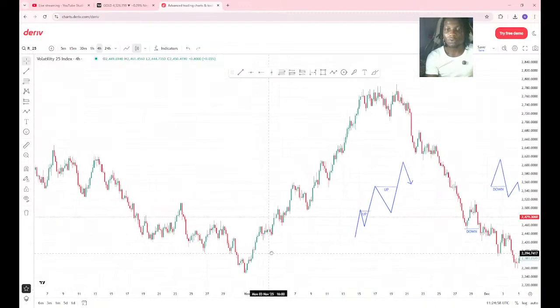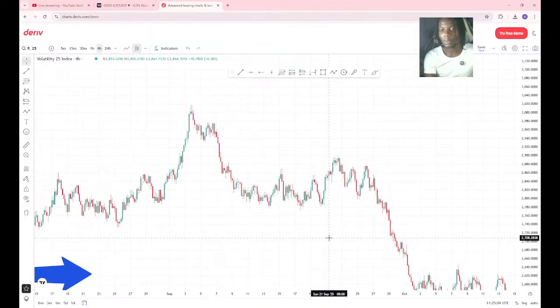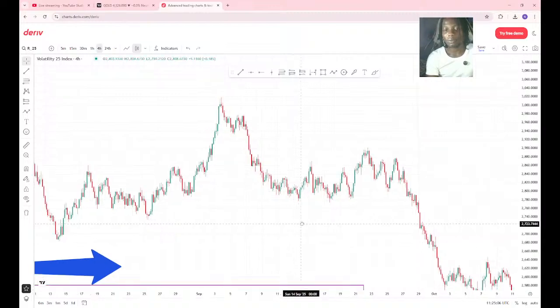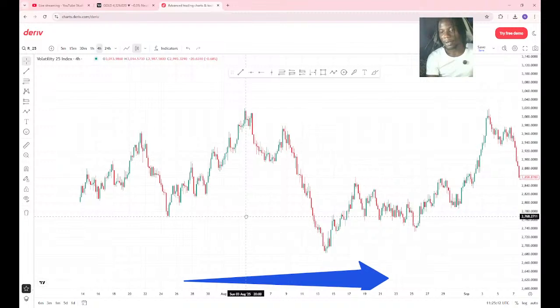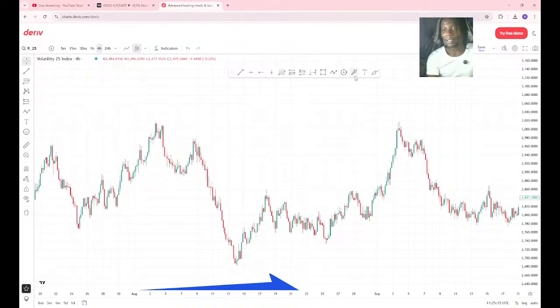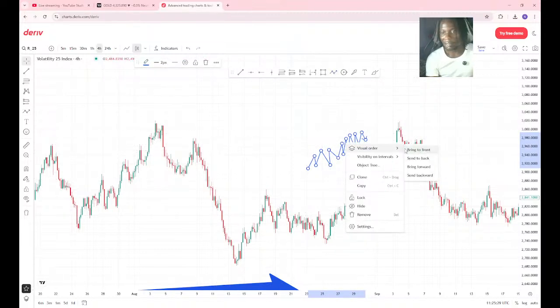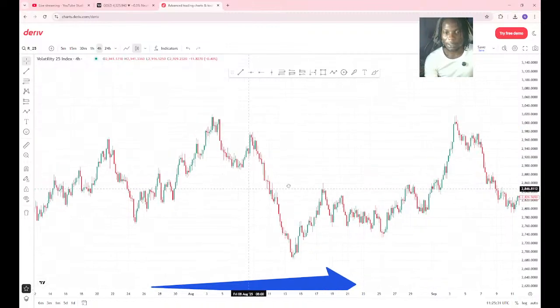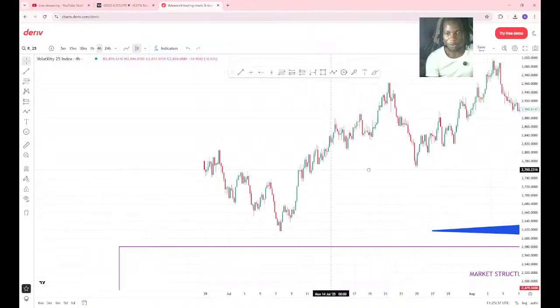Then sideways movement. The 4 hours barely has sideways, but yes, we also do have sideways movement a lot of the time before price will make either structure point. And there are different types of sideways, not just range. Price will just chop like this. It's also sideways, but it looks like it's going to the upside, then it's not going to the upside. That is sideways also. Then we also have the same sideways horizontal. All right, so like this, you guys can see this. So this is a ranging price movement.